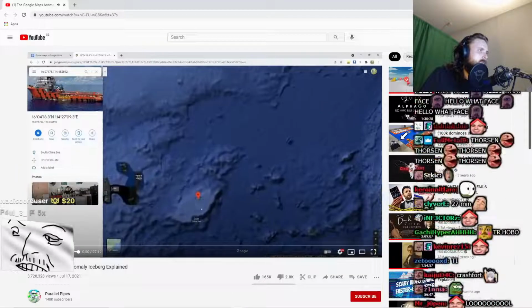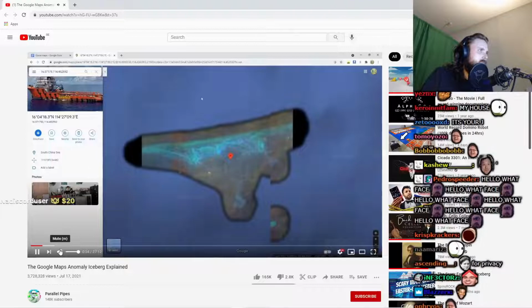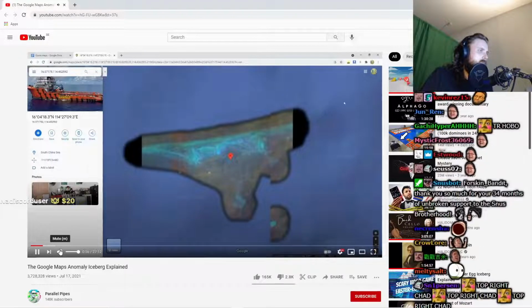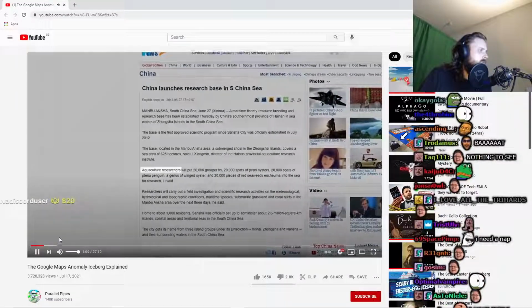On the other hand, here's an island north of the South China Sea that just has both sides of it blacked out. Not really sure what's going on here. I believe this island is known as Monbu Onsha. According to this article...